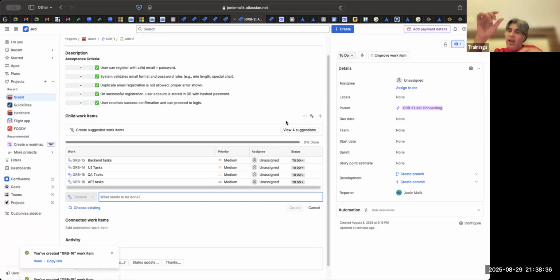They can flip a card at the same time, so somebody will say this is a 3-pointer. Somebody will say 5. Somebody will say 8. Somebody will say 13. Let us say typically this story, a lot of people say this is a 5-pointer. 2 people say this is an 8-pointer. 1 person says this is a 13-pointer. And everybody estimates this. Even if you are a QA, even if you are a Java developer, even if you are a backend developer, even if you are a UI developer, everybody